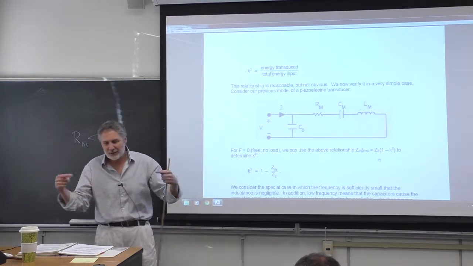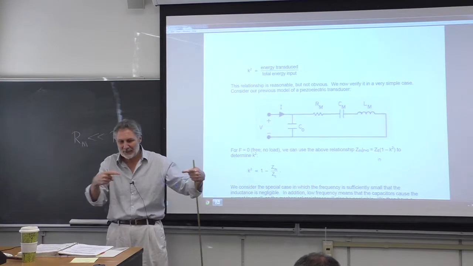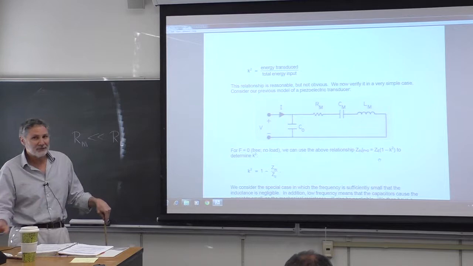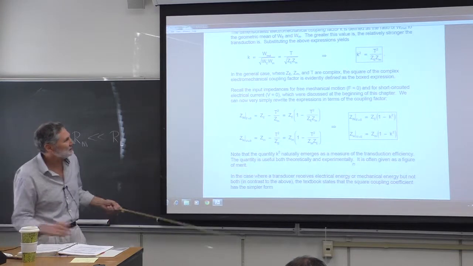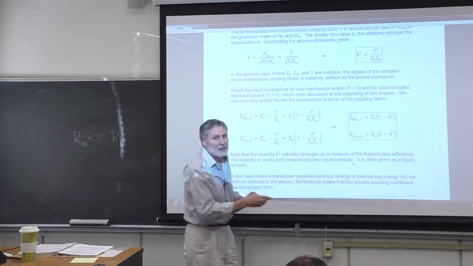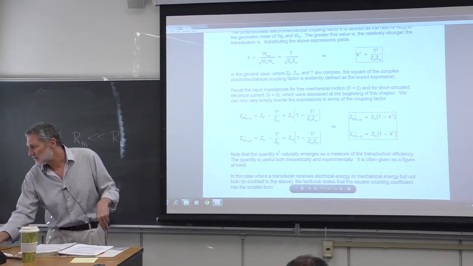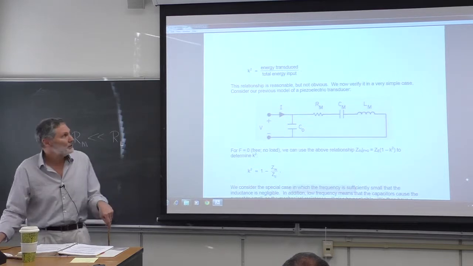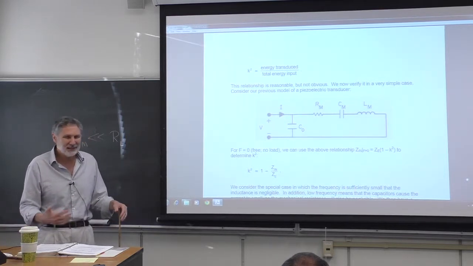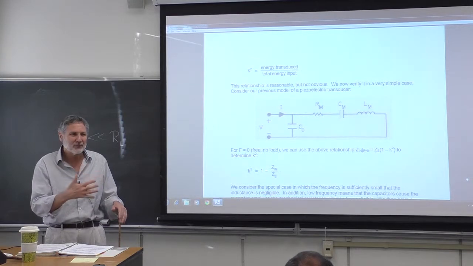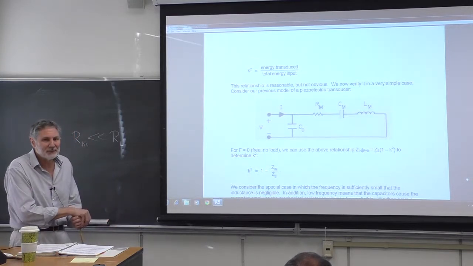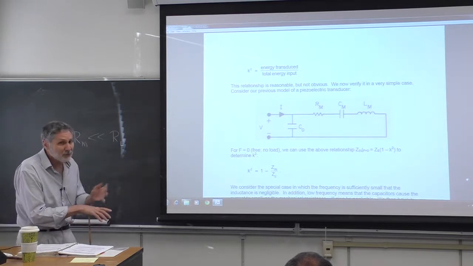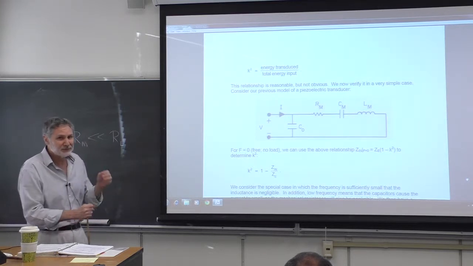We went through this theory where, in general, we had this superposition with energy input coming from both sides. And there was a price to pay for that. We come up with something that's not all that physical, you know. But if it is just flowing in one way, I think it's very reasonable. Proving it, though, is another matter. I think I tried to prove this, and then I hit the same kind of problem that we had before, where it becomes really complicated. So what we're going to settle for here is a special case,